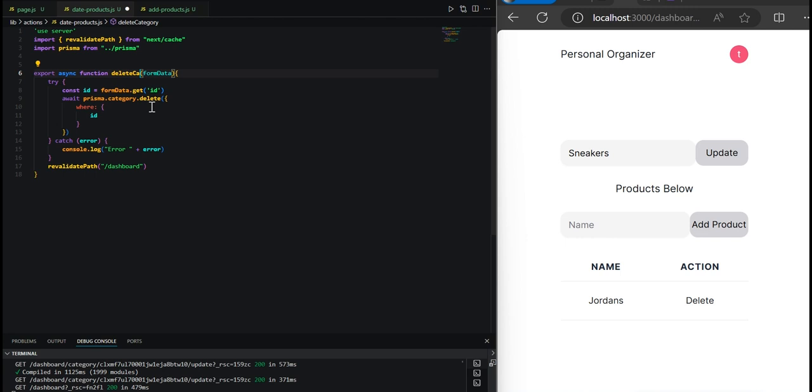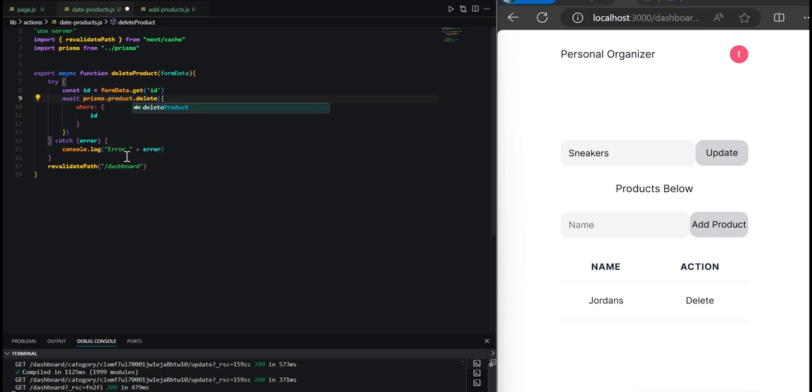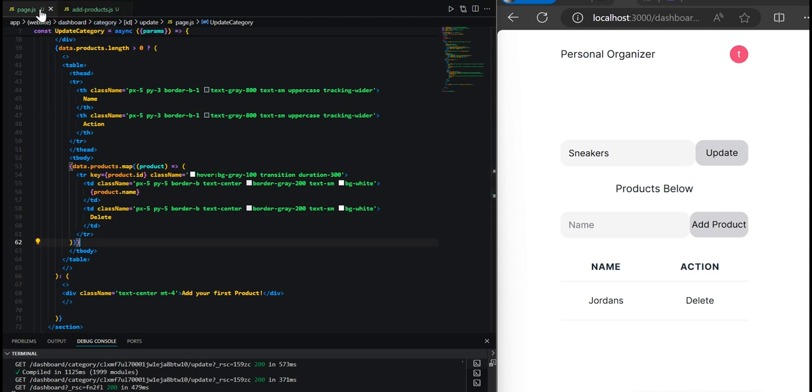And instead of delete category, we'll go delete product. And we're going to be getting the form data, getting the ID. That doesn't change. And instead of category, replace category with product. Hit save. And we're going to redirect the user back to the dashboard once we delete it. So let's just go back. Well, we can close out the delete-products.js file. And then let's go back to the page.js, excuse me, and remove the word delete, and let's replace